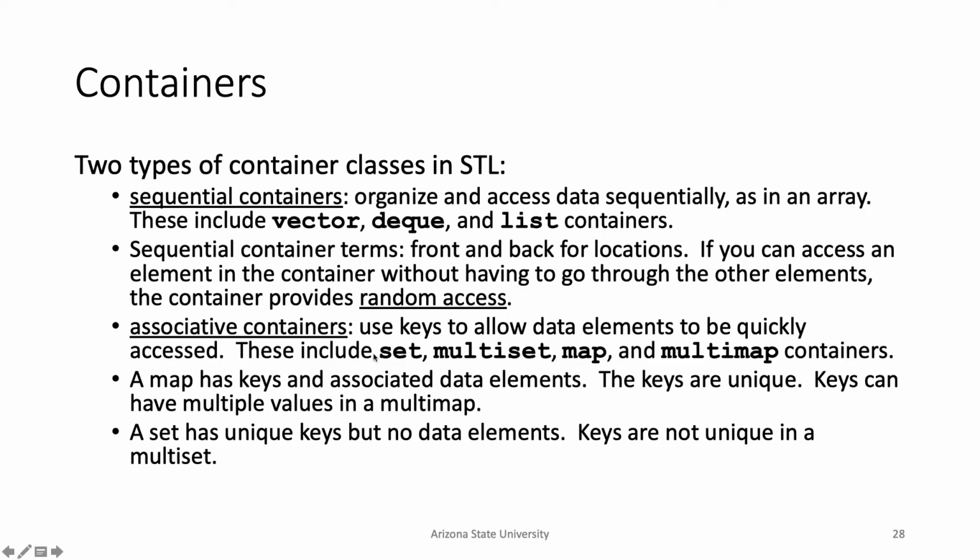So there are trade-offs to using one container over another. Vector is really good at pretty much everything, except if you need to do a lot of insertions or lookups. So sometimes you want to use set, sometimes you want to use map. It also depends on how your data relates to your other data. So like for the menu application, a map would be the best solution because each menu item corresponds to a price. It doesn't really make sense to have two separate arrays where one corresponds to the items, one corresponds to the prices. Another example of a map was in,